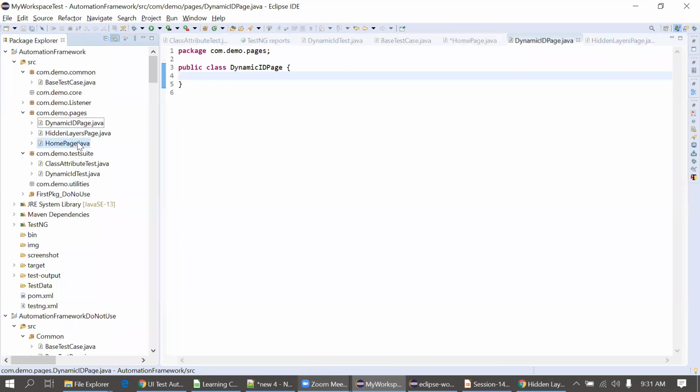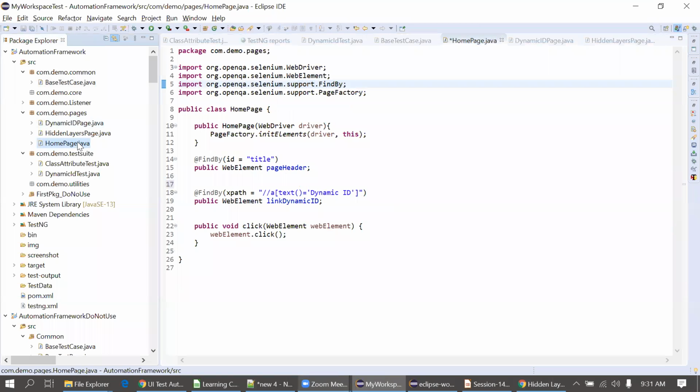You created pages, and in those pages you created the locators by using the page factory model. And what is the benefit of the page factory model? The page factory model replaces your find elements method with @FindBy. Page header is a method name inside which he is finding the FindBy of id title. Is that correct? Yes.